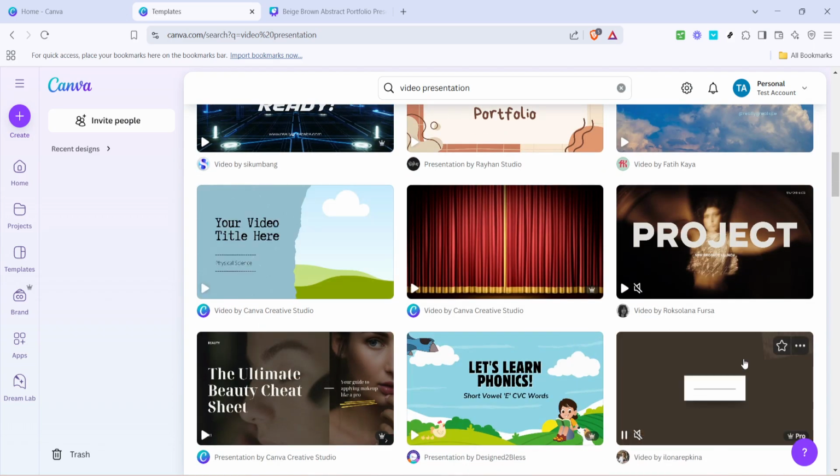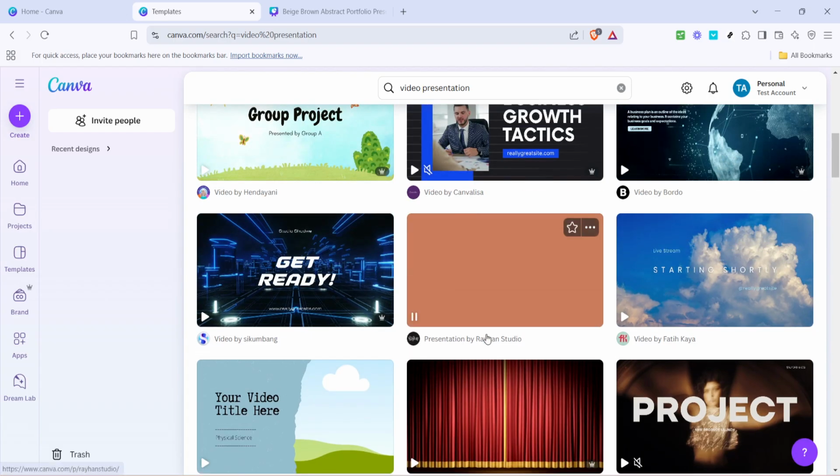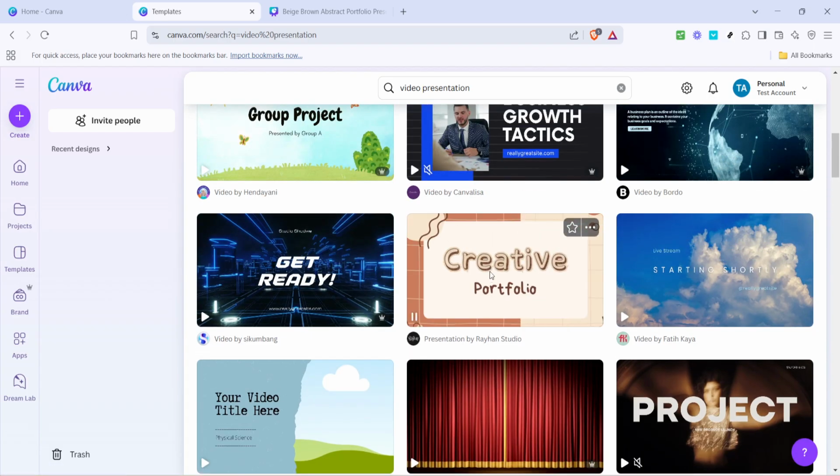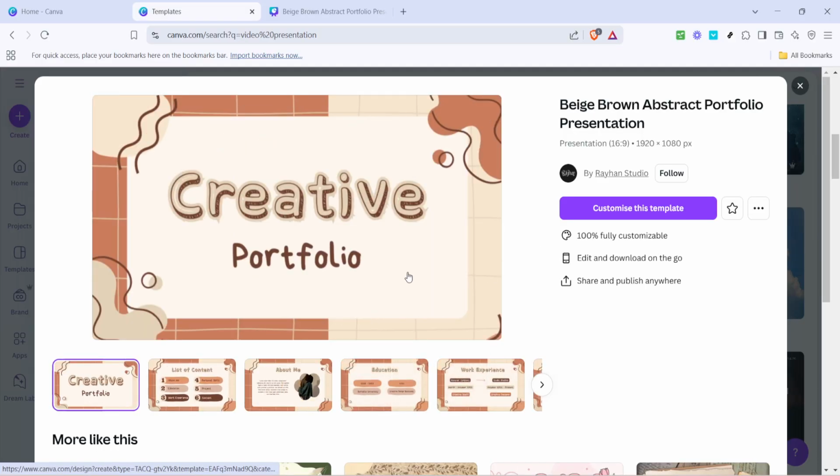Once you hit enter, you'll see a variety of templates at your disposal. Take a moment to browse through these options. Consider what style fits your project's needs, whether you're going for something clean and professional or more vibrant and playful. The right template will form the backbone of your presentation, so choose one that aligns well with your content and